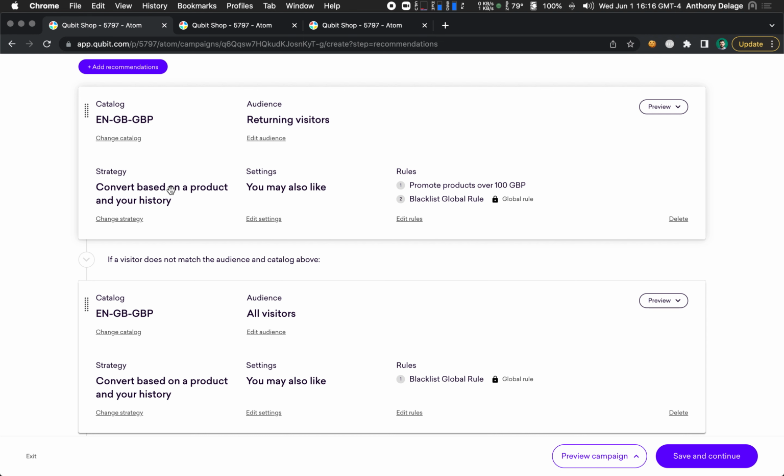I could also change my strategy more explicitly. I could change my headlines. I can even go as far as say I want to show new products for my returning visitors and popular products for my new visitors to really differentiate the experiences entirely. And so this is something where we see a lot of potential for our users to really adapt their strategies, really tailor and test to figure out what works best for different audiences.